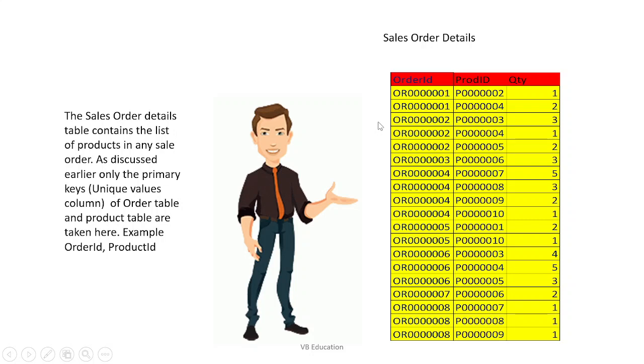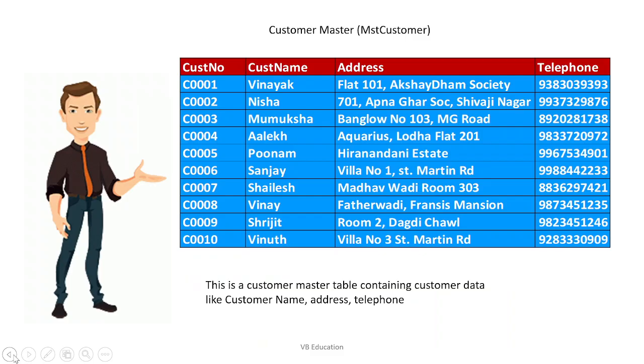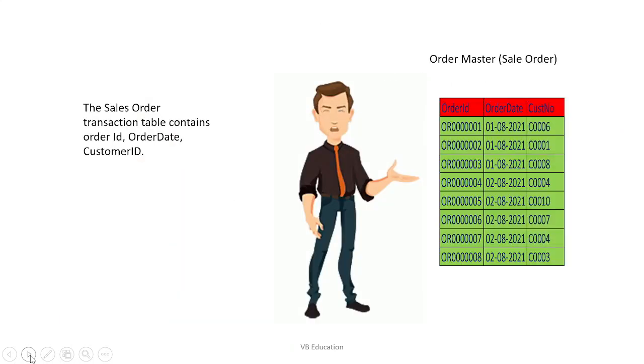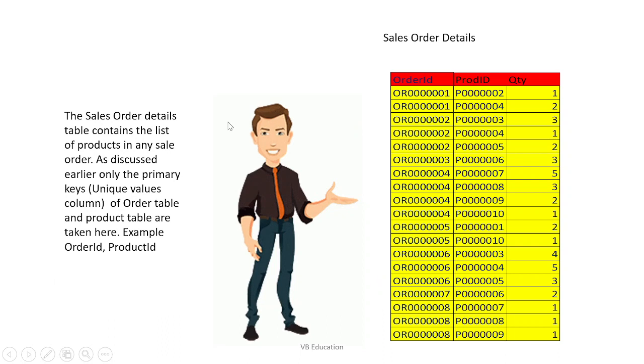So at times when you export such data from the database, there are two ways of getting consolidated data. One is writing a structured query language in a database, which a layman cannot do, right? And access to the database is also very important. If you don't have access to the database, how will you write the structured query language? Hence, what we can do is simply download these four different tables: the customer master, product master, order master, and sale order details, in Excel.